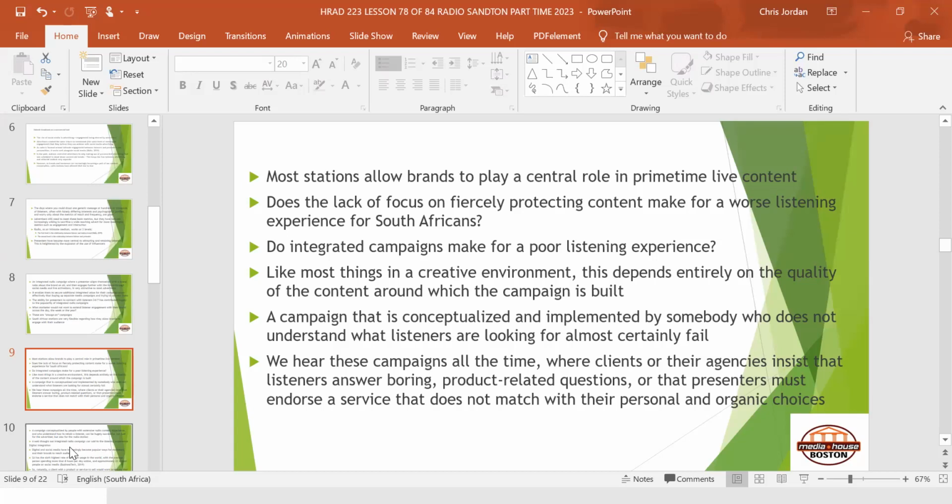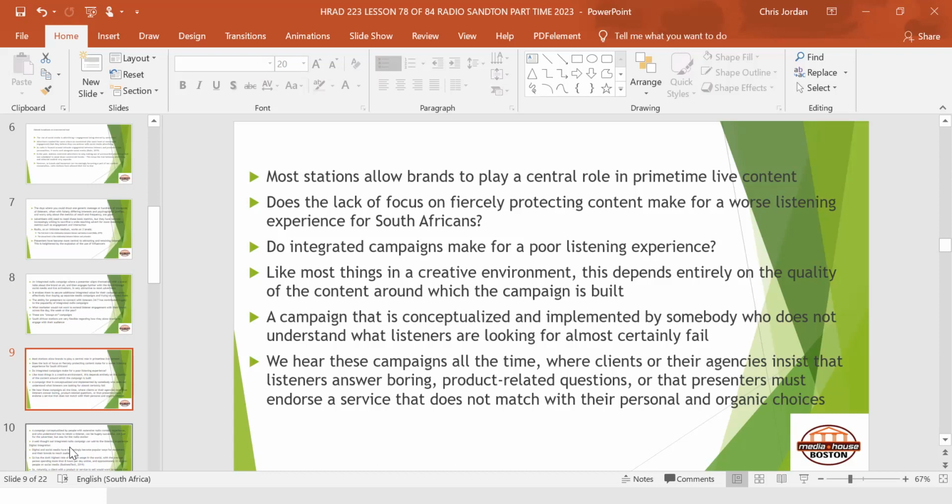Again, if we look at integrated campaigns, I'm just going to leave it after this one. I'll pause there. Will that result in a poor listening experience? No, I don't think so at all. Integrated campaigns means there's synergy across where we are. So what you hear on air is what you see online or whatever it may be, right? And so we have synergy within the brand itself. So it makes sense that if I've missed it, I've listened to it on air, I can always go to the socials, see some more information there, an entry mechanism there. Again, a subscription, download, whatever it may be, right?